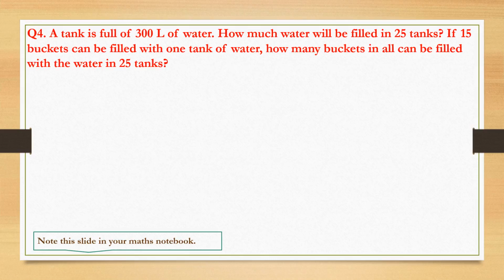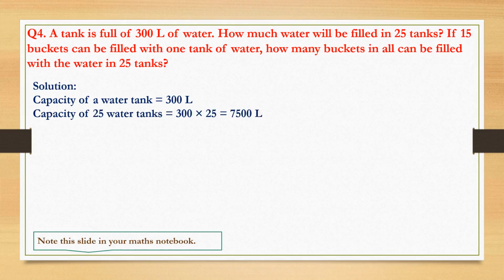Like the first one is you have to find out the amount of water filled in 25 tanks. Okay, you know the capacity of a water tank which is 300 liters. So for finding out the capacity of 25 water tanks, you are going to multiply 300 with 25 and you will get your answer which is equal to 7500 liters. Next is,